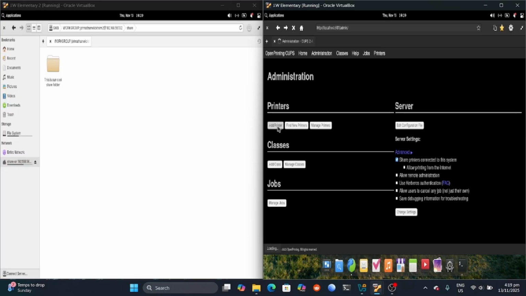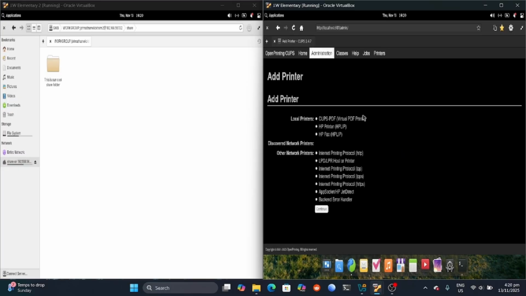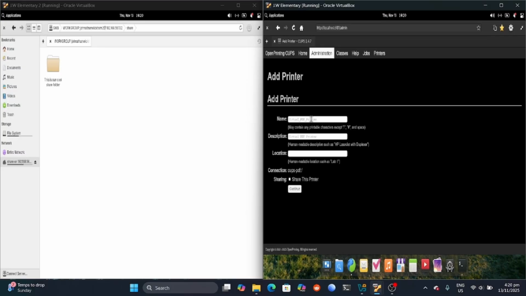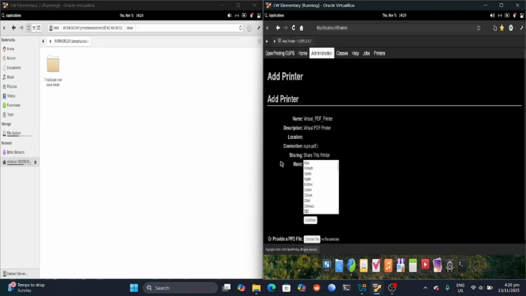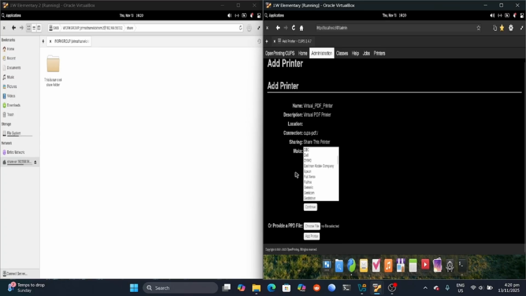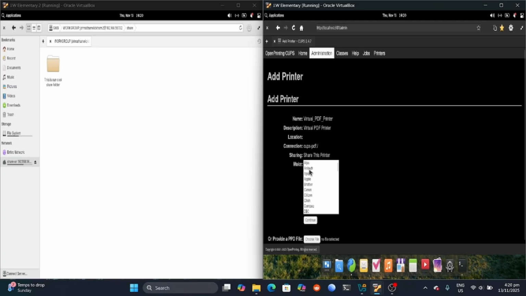Just give it a little refresh, and then we want to come on the admin page of CUPS. And then we'll go to administration, and then the virtual printer pops up. If we had not done that, it would not have popped up, by the way. I wouldn't be able to use a virtual printer. So we could name the printer now, give it a description, location. We could share this printer, obviously, so this would allow us to share it, make it visible, right? So you just check the box there, right? Continue, right? Then from here, we would choose the driver,